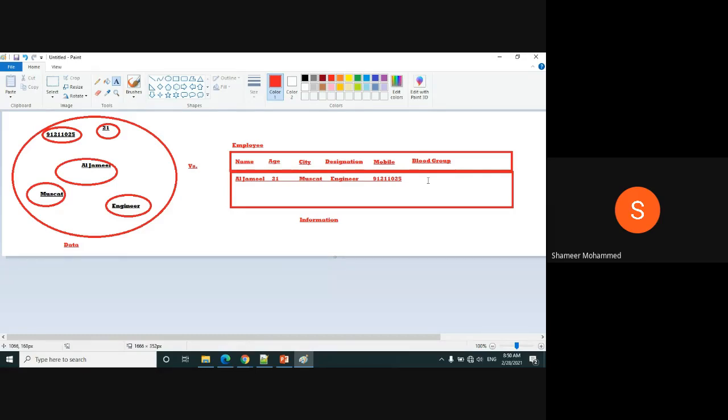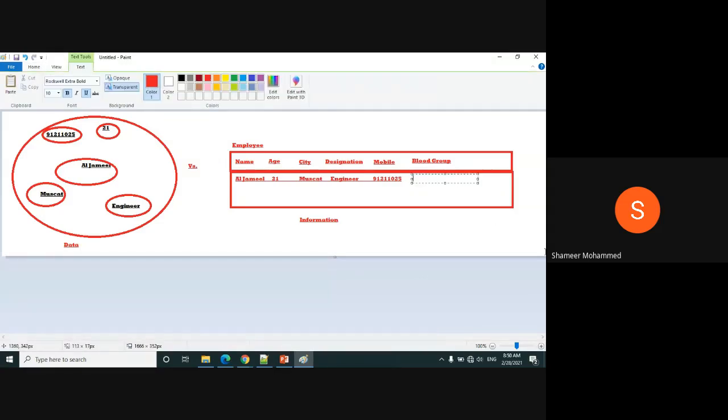Can we store anything here in the blood group? Can we write anything? No.